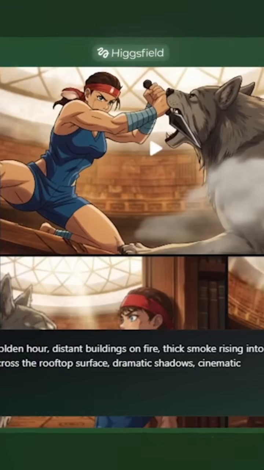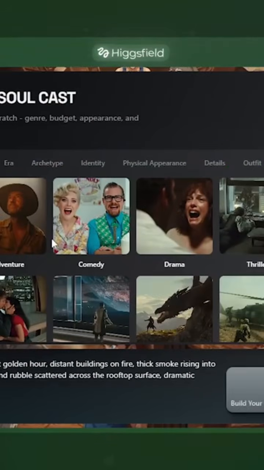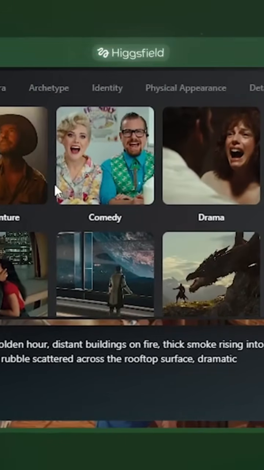So once you're inside, go to the characters section. Here you can build your character through 8 specific categories, the same way a casting director would think about building a role for a film. Genre is first, and this matters more than it looks. There are 14 options, like action, drama, and horror. And the reason this category is so important is that the same prompt generates completely